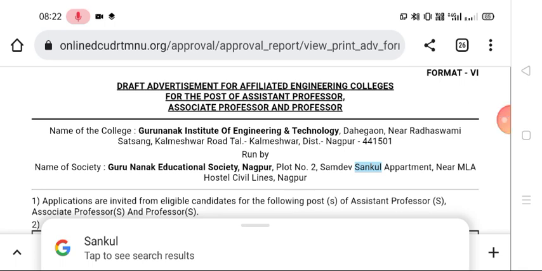Today I have brought new updates regarding faculty recruitment in Guru Nanak Institute of Engineering and Technology. It is in Nagpur district, Society Guru Nanak Educational Society, Nagpur. They have vacancies for assistant professor, associate professor and professor